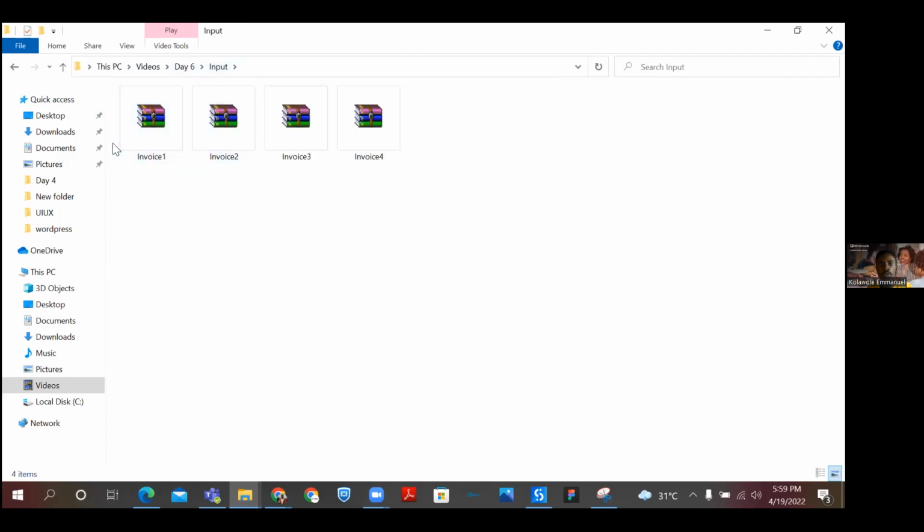So this is inputs. You're going to have invoice 1, invoice 2, invoice 3, and invoice 4. Input means what you are feeding the bots, and output will be the results of what you've done. So we are going to pick this guy. They are zipped here. We are going to unzip them and put them here. So we can either move the files or don't worry, we are going to see how it's done. Okay, if you have done that,